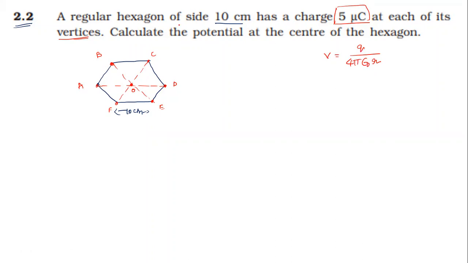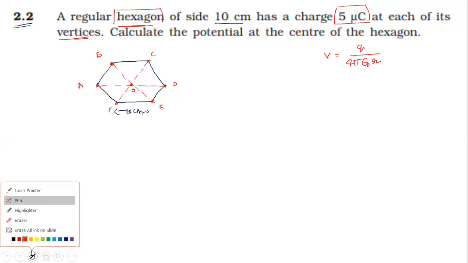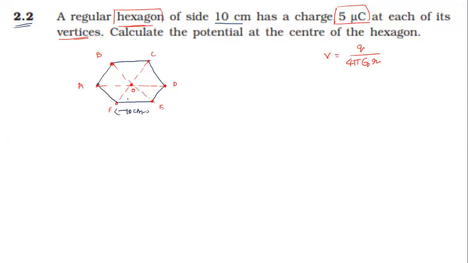See, here it has given a hexagon. One thing you need to remember here. If you do the mathematics, of course you are going to get it, but I'm telling you, since it is a hexagon shape, it is always going to make an angle of 60 degree. This will be angle 60 degree. If I take any triangle in this, any triangle will be an equilateral triangle. That you remember.